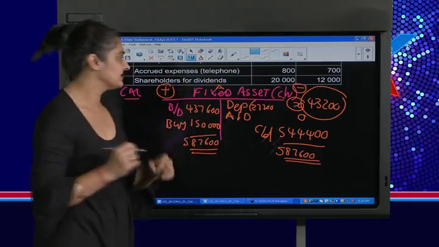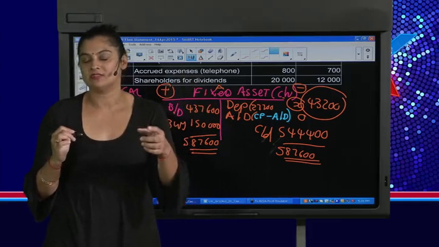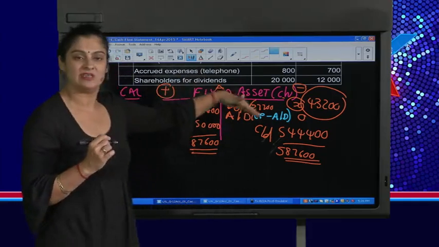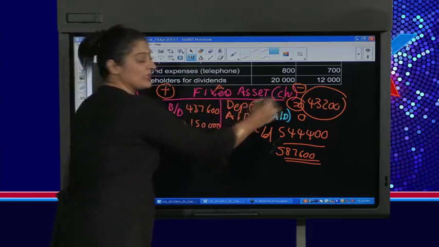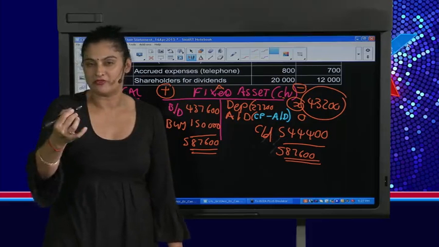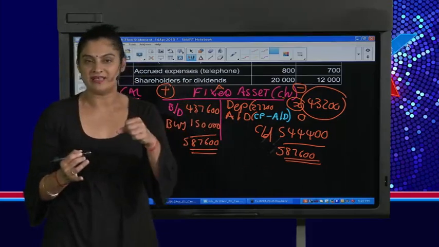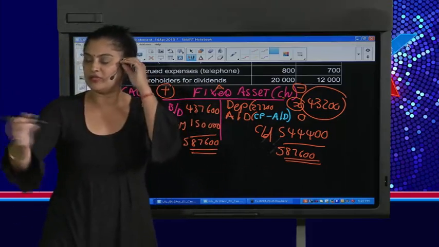If you do have asset disposal, you are now taking your cost price minus accumulated depreciation on the asset that you're selling. In other words, what was the carrying value of your asset disposal? Remember, with this T account, fixed assets is shown at carrying value. So you need to record what was the carrying value, what was the worth of the asset when we disposed of that asset. And remember, the moment you sell the asset, okay, so Abram, if I take away your laptop,